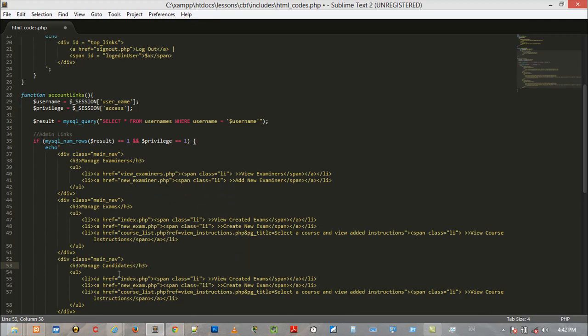Alright, and the first link is going to be structured just like the last one that we built. We are going to have to go through the same process again, reason being that I didn't even mention the link that I'm planning to build. Now the first link is a link that views registered candidates. Now I would want us to go through the course list page again, because